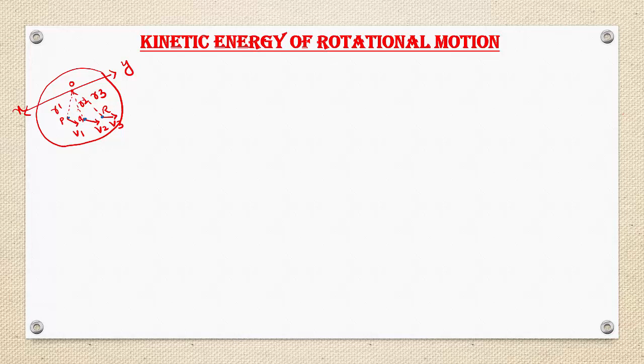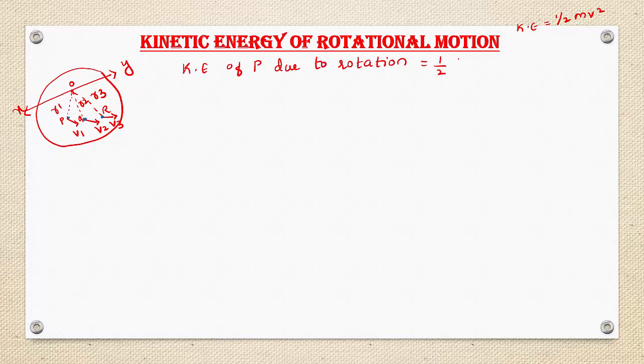Now I am going to write the kinetic energy of each particle. Observe here. When these particles start to rotate, the first particle will get kinetic energy, because kinetic energy is due to motion. So the kinetic energy of the first particle, kinetic energy of P. Why did we get kinetic energy? It is because of rotation. The kinetic energy of P due to rotation is given by the equation. What is the equation for kinetic energy? The general equation is K equal to half m v square. This equation we can use here.